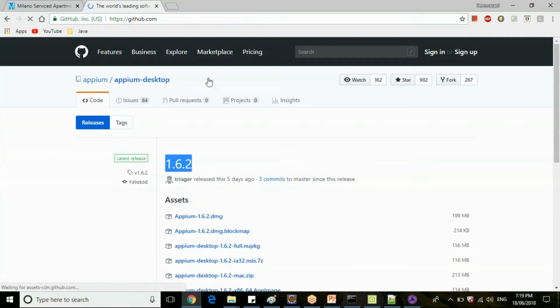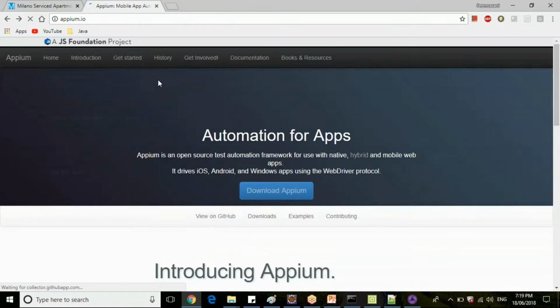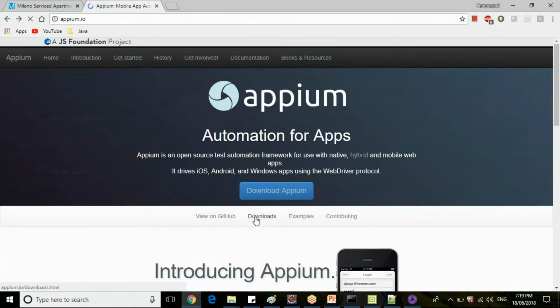Suppose you want to download APM client libraries. What are client libraries, guys? APM client libraries.